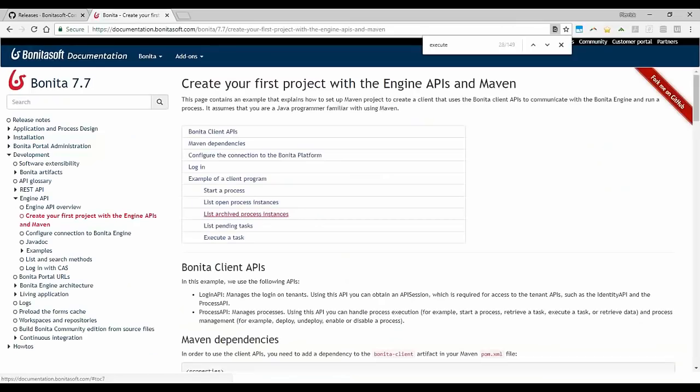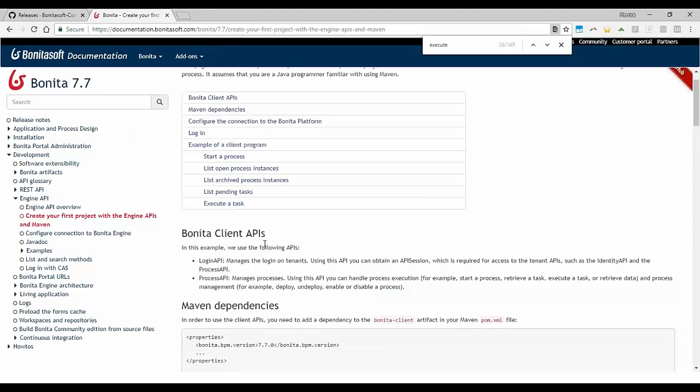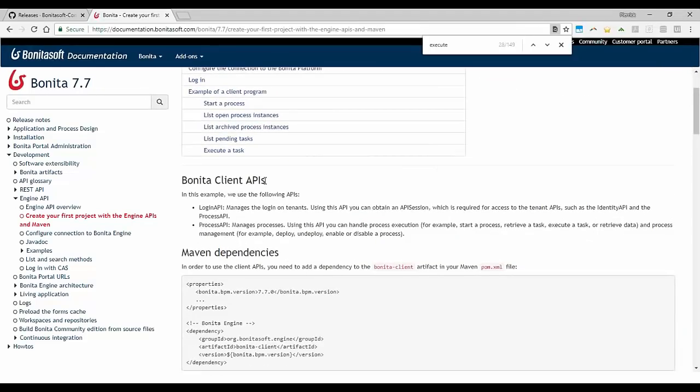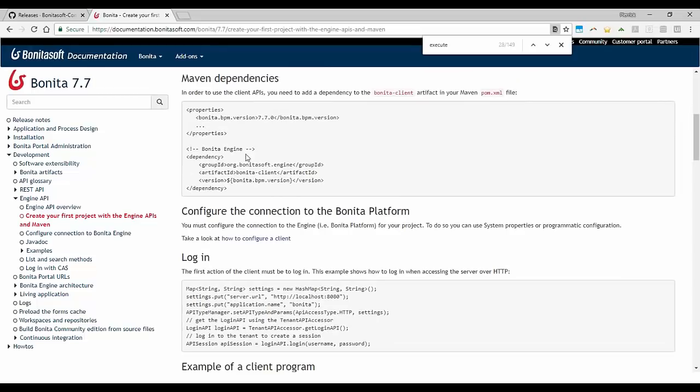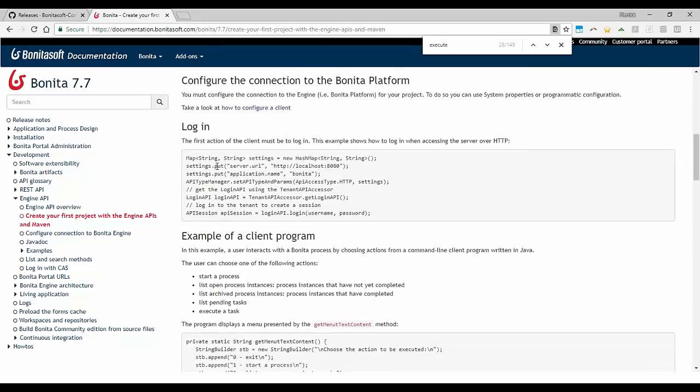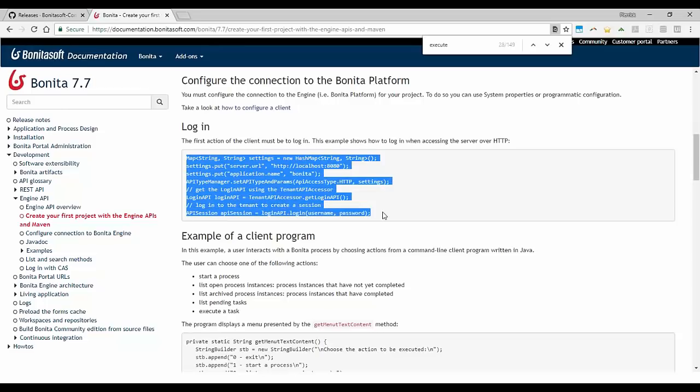So this page is really interesting to explain how the clients will work when you use the Java API. You see you have Maven dependencies. You have one Bonita client dependency that you need to use, and this will be helpful in your project to make sure you can connect as a user of the organization.